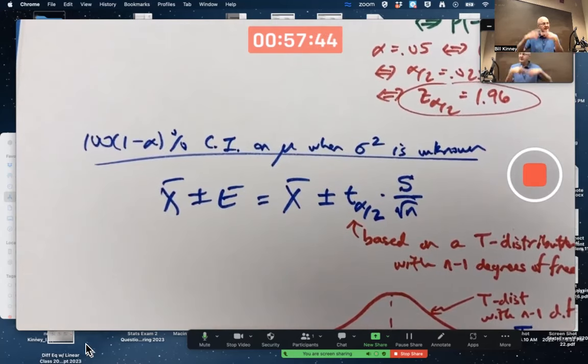Here's another way to interpret the 95% confidence level. If you do that over and over again, hundreds and hundreds of times, maybe thousands and thousands of times, about 95% of the intervals will contain mu. I could take the time to do that in a spreadsheet. Sounds too time consuming. We need to move on.